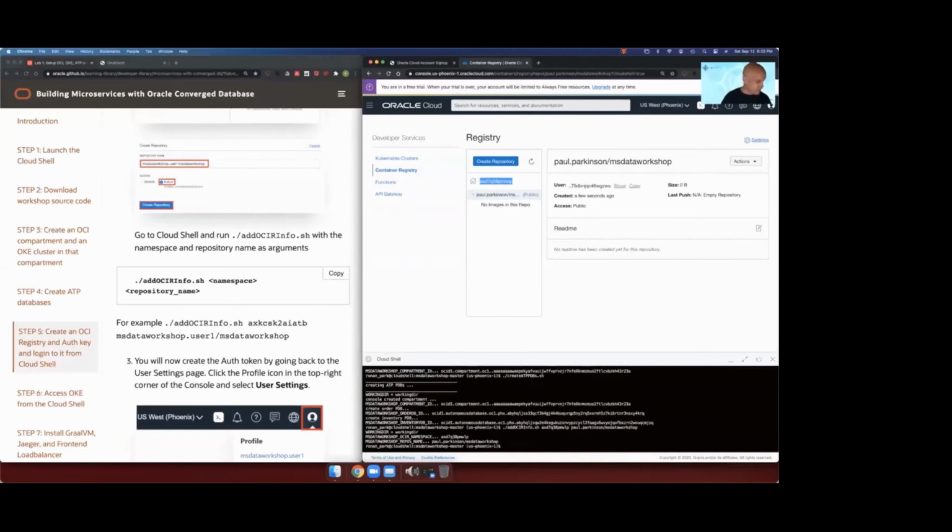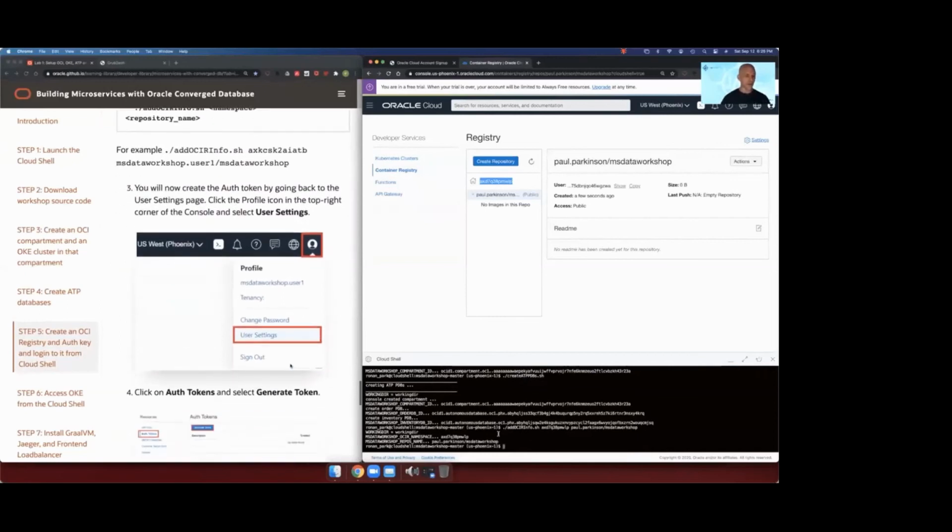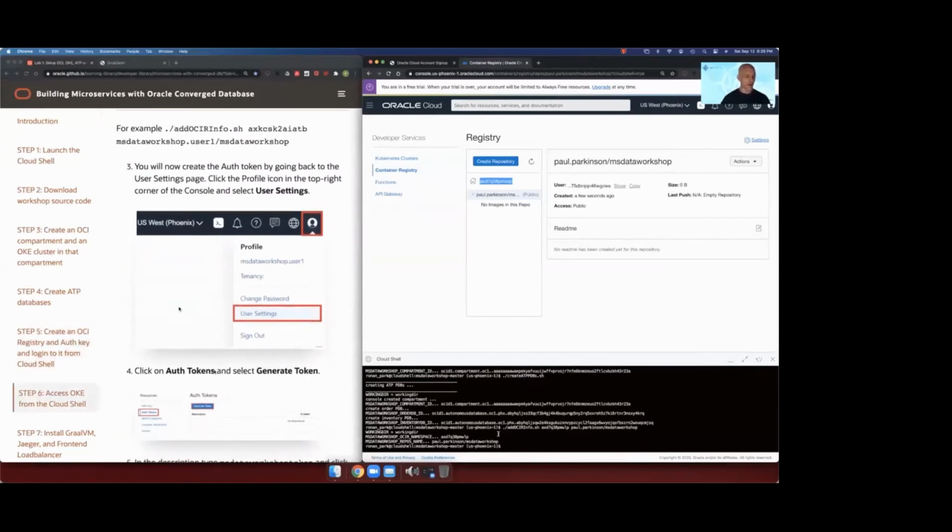And all of these script commands were saving the values into file. And so they're nice and preserved. They're saved into this working directory, as you can see here. And so, it's nice we can preserve it, and we're going to use it later when we're building the microservices, etc. So now we'll go ahead and create auth tokens. And this will allow us to access the OCI repository to push our Docker images for our microservices and pull them, etc. So let's go ahead and